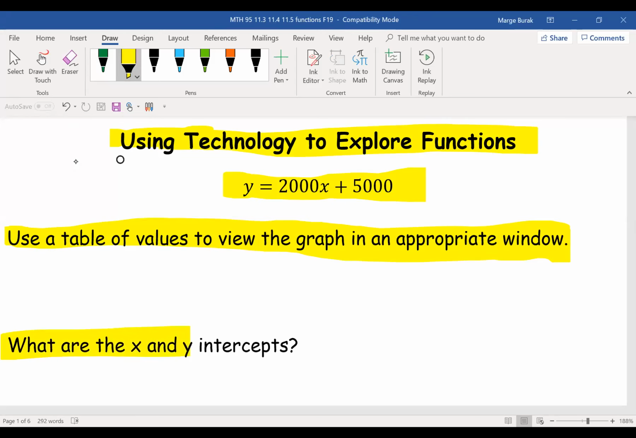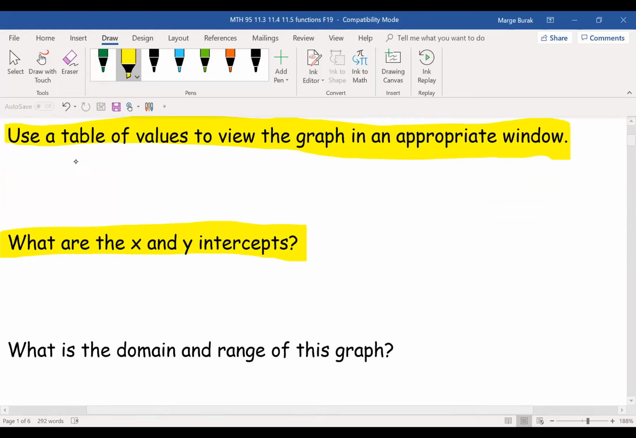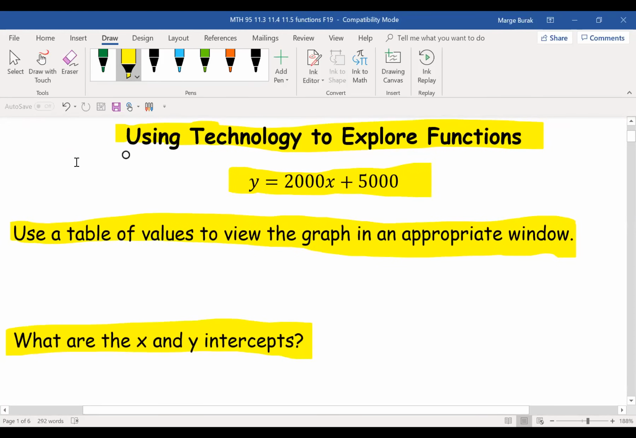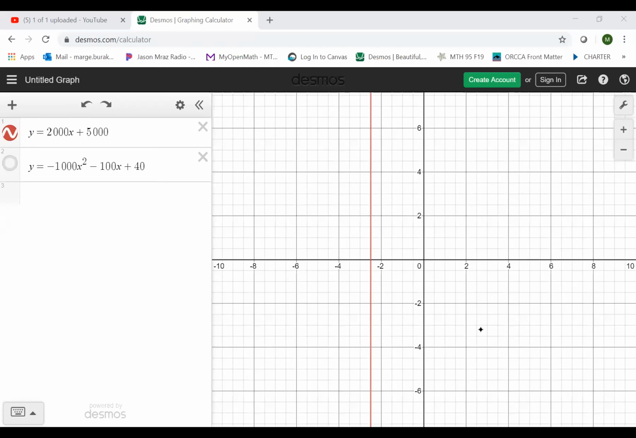For example, the x and y intercepts, where it crosses the x and y axis, and where we can determine what the domain and range of this graph is. Okay, so I have already entered this graph in Desmos.com, which I will be sharing with you right now. Okay, so Desmos.com has graphed this, and all I can see is